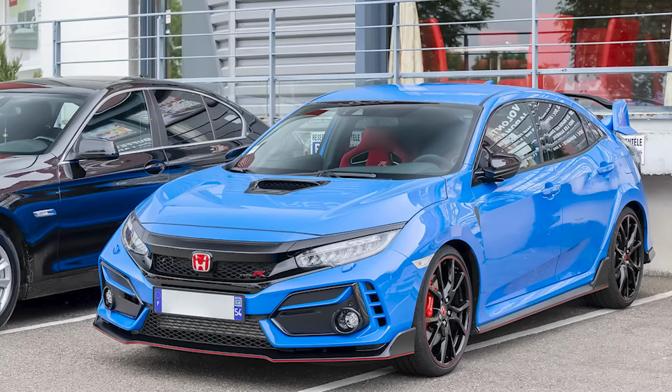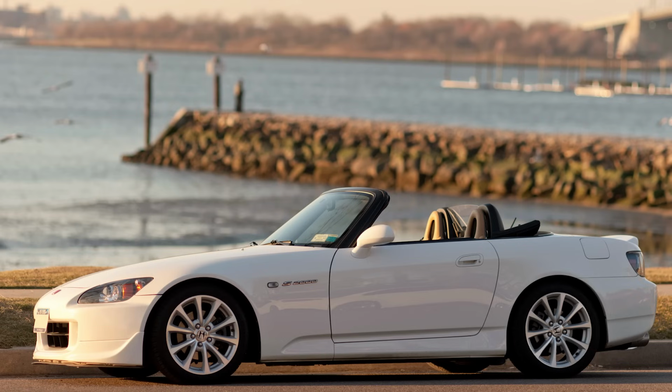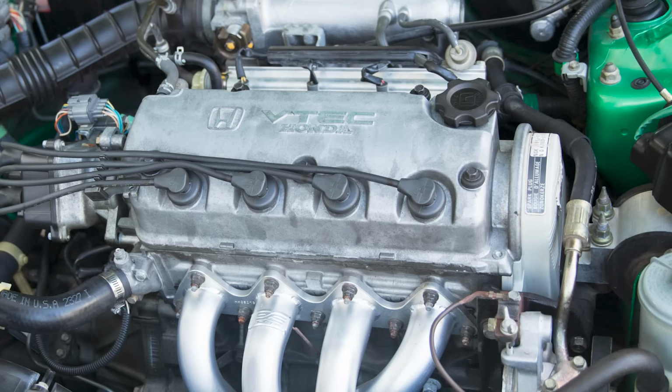Honda has become one of the most popular car brands in history, largely thanks to the reliability of their vehicles paired with low maintenance costs. Although this is true for most components of a Honda, their ultra-common inline-4 engines are usually the centerpiece of this